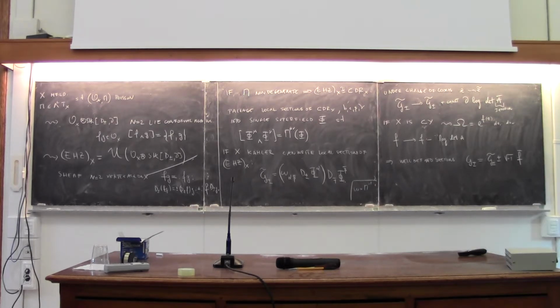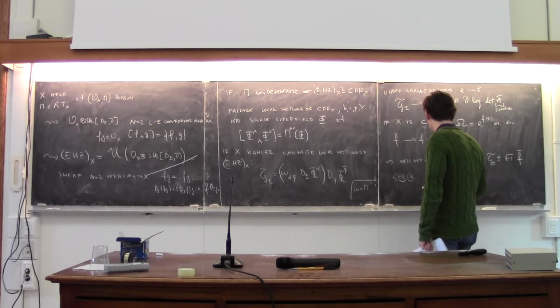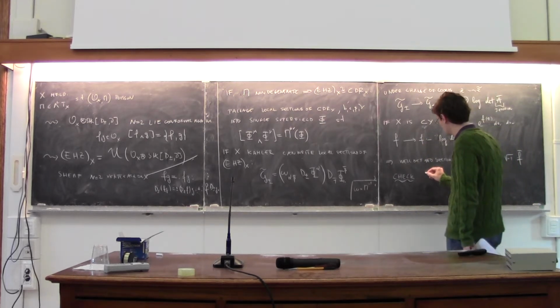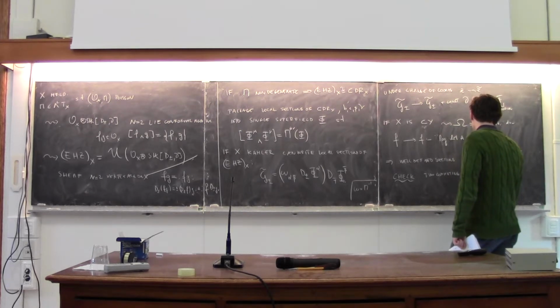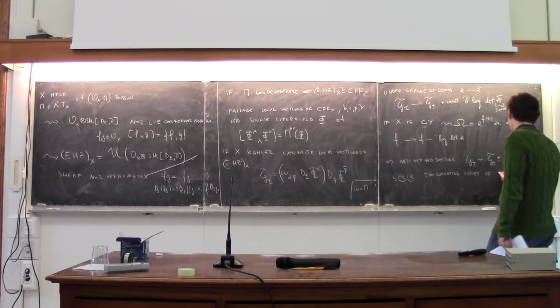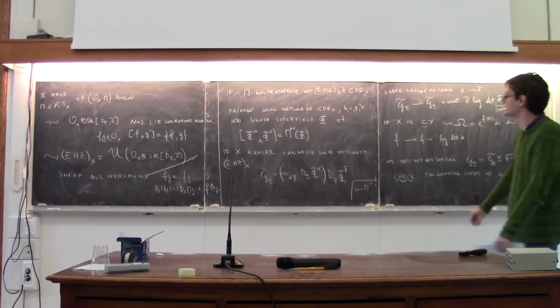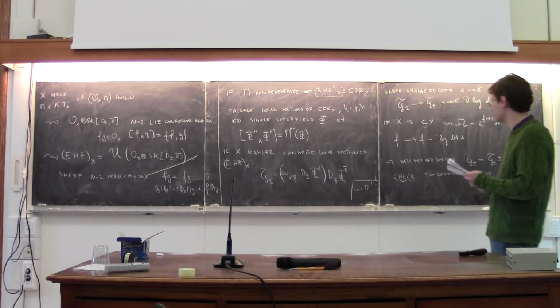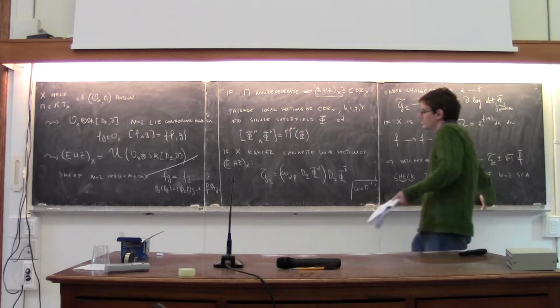Okay, so in this case, one can check that these sections give you two commuting copies of the N equals 2 superconformal algebra sitting inside this sheet here. In fact, more generally,